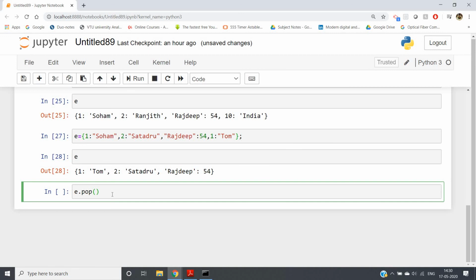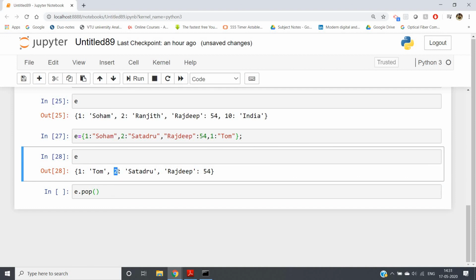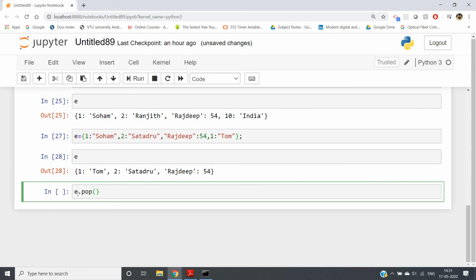Now in a dictionary there is no concept of indexing. If we want to extract the value corresponding to a particular key, we give the key in square brackets with the variable name. Suppose you want to get the value corresponding to the key 2, we write E then square bracket 2. There is no concept of indexing, because it does not follow any proper insertion order like that. So if you want to remove some particular key value pair, you have to pass the key via pop.